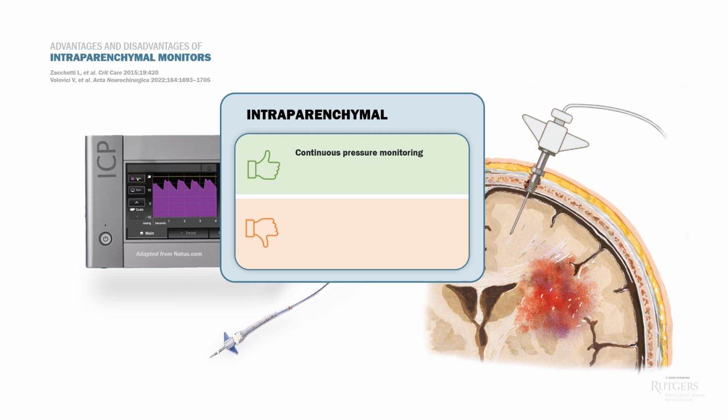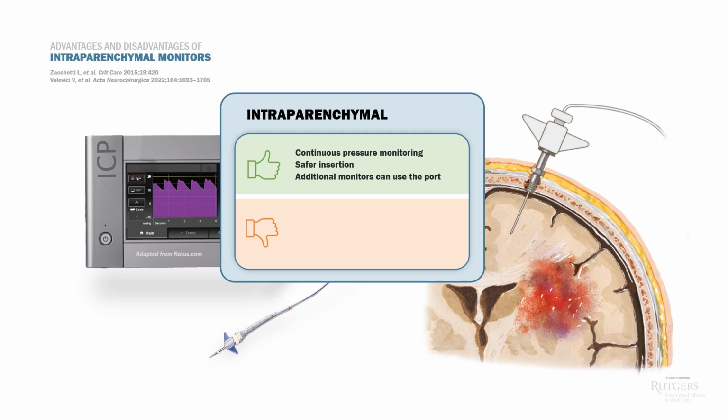The sensor can then be passed through a port in the bolt, which secures it inside at the correct depth. In general, intraparenchymal monitors are safer than external ventricular drains, as the portion that pokes into the brain is smaller and doesn't go as deep. It's only about 2 centimeters past the dura. This reduces the infection and hemorrhage risk significantly to less than 1%. Also, other monitors can use the same port and make direct contact with the brain parenchyma, allowing for some interesting diagnostics, like measurements of brain tissue oxygen tension.